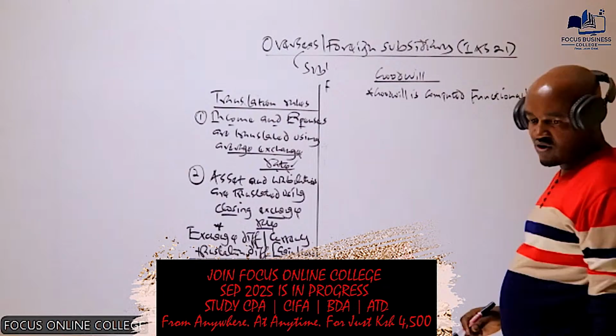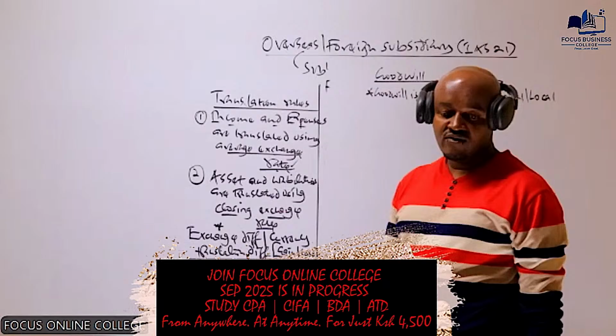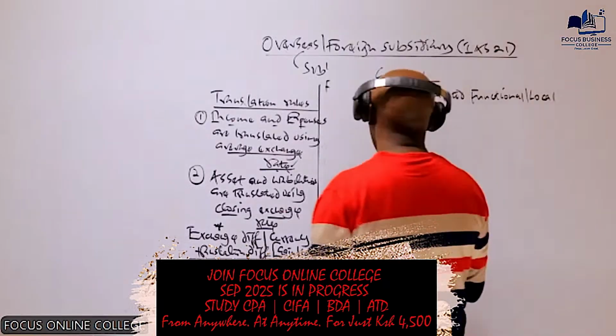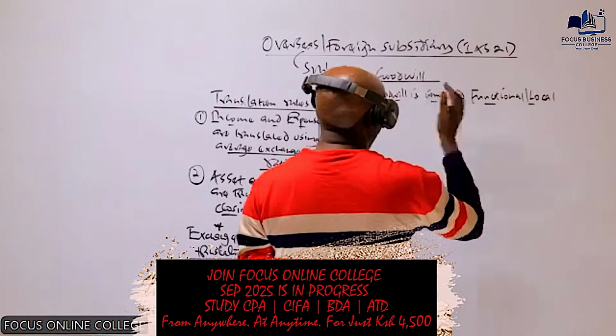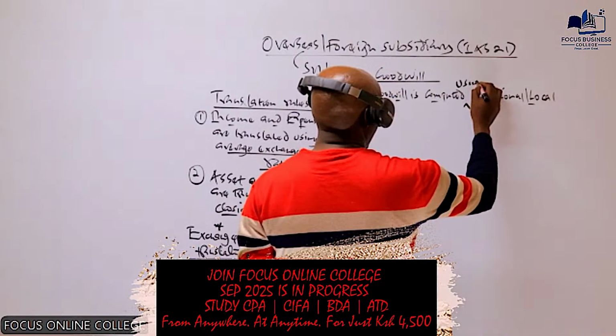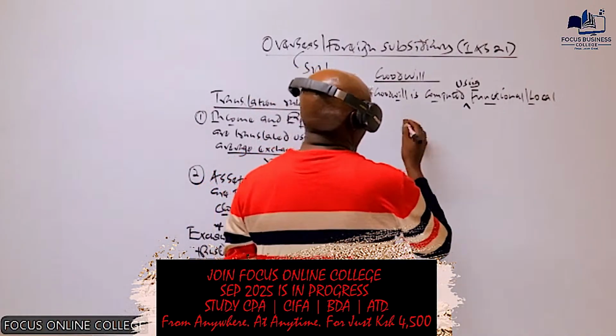For example, the local currency of Kenya is Kenyan shillings. The local currency of Rwanda is Rwandan franc. So goodwill is computed using the functional or local currency